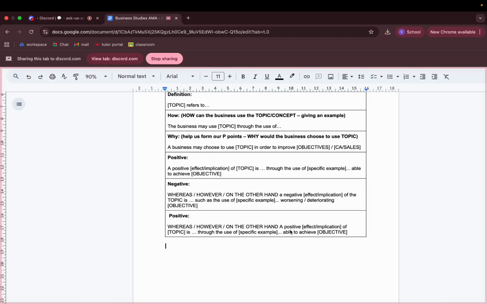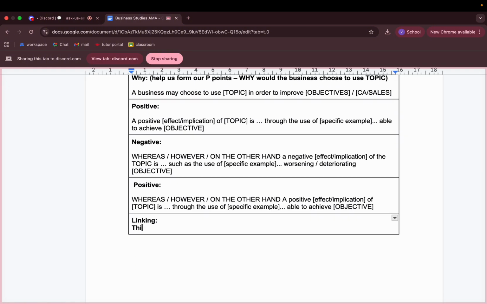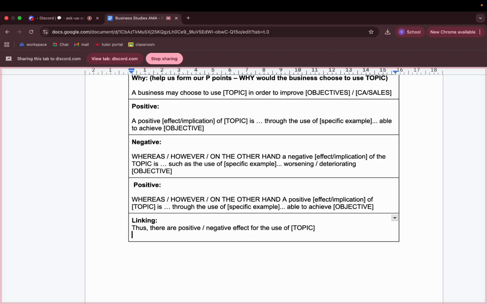Now, one more thing, linking. We have to have a linking sentence. This can be quite simply, thus, there are positive / negative effects to the use of topic. Pretty simple, but it gets the job done. And for an assess or evaluate, we would just say, thus, the topic